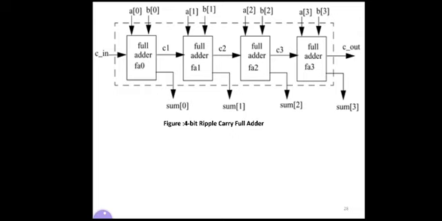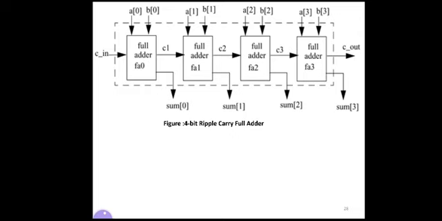Observe there, each full adder has 2 inputs: A0, B0, A1, B1, A2, B2 and A3, B3. Then one more input, Cin, for the first full adder, and its output is sum 0, and C1 is the intermediate carry. As we have a block diagram, C1 will be the intermediate carry. It is the output for the full adder 0, FA0, but it is the input for the full adder 1 or FA1. So it is named C1 here, and that will be considered as a wire.